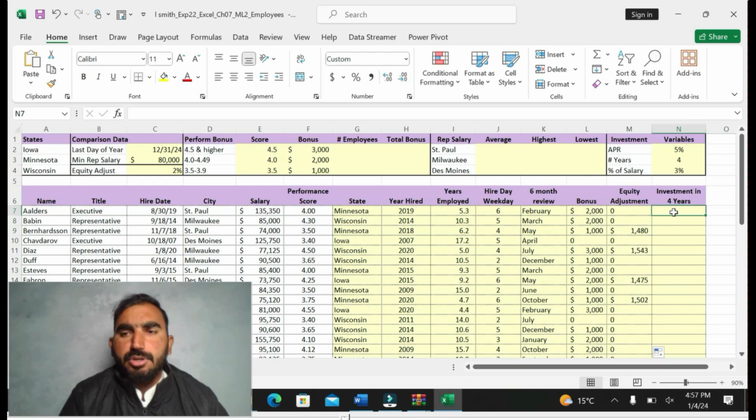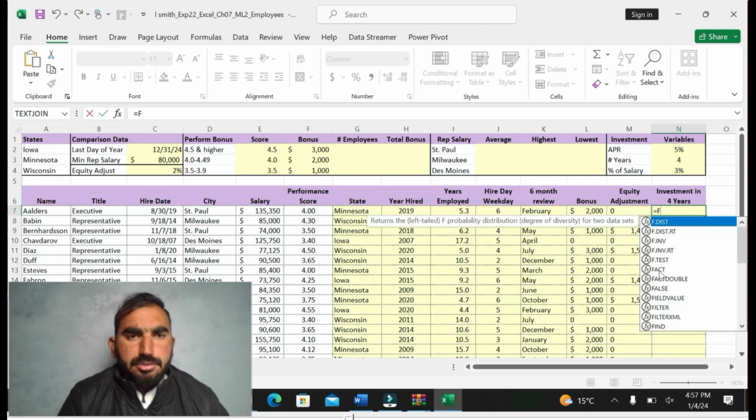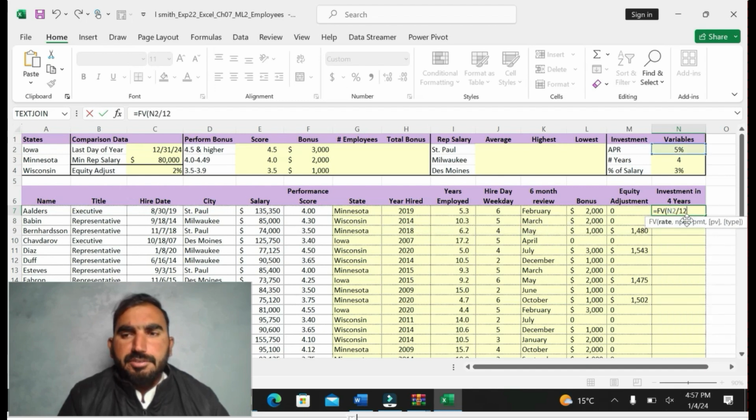You can see here I am going to apply the FV function in cell N7 to find the investment in 4 years. FV, N2 divided by 12.